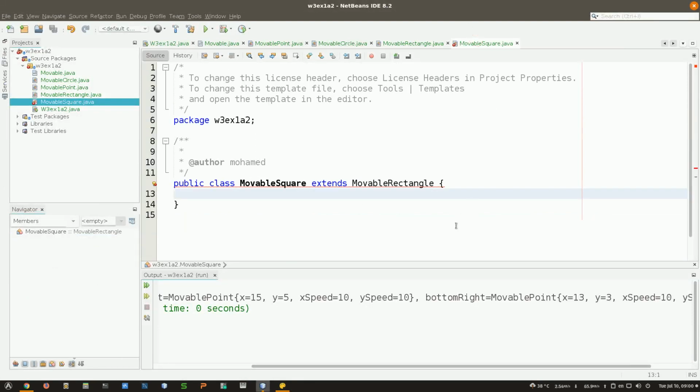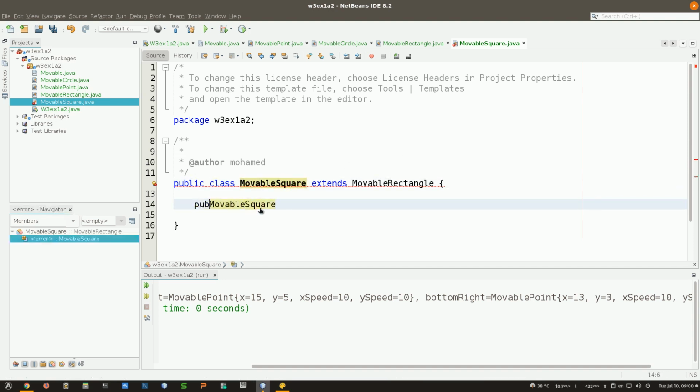I think we can leave, for example, x. We just use y, or we just... No, we need x and y, because a point needs x and y. So, for example, let me show you what I meant. I'm going to have a constructor that is MovableSquare. This public is going to take one movable point, or maybe just, into the same logic, int x and int y. This is the point of the top left, let's say,